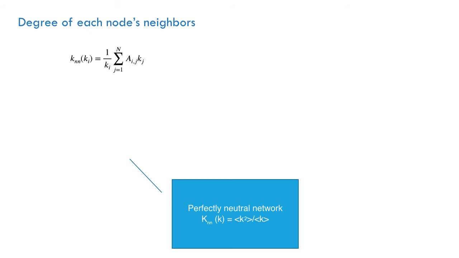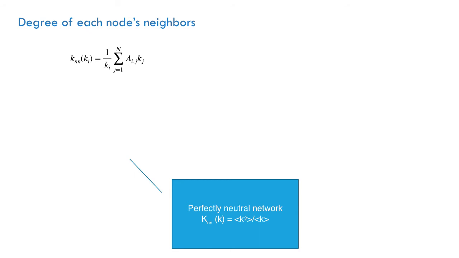So that plots our y-axis value, and then we can create a scatter plot. Here in this scatter plot, we have a black line running through the middle. This black line represents our expectation if we had a perfectly neutral network, which means that there's absolutely no correlation between a node's degree and the average